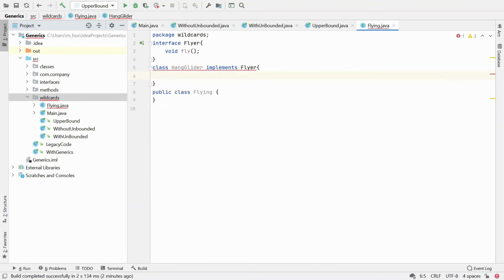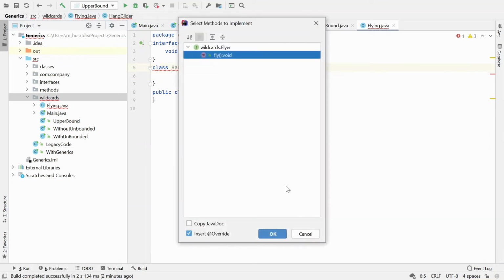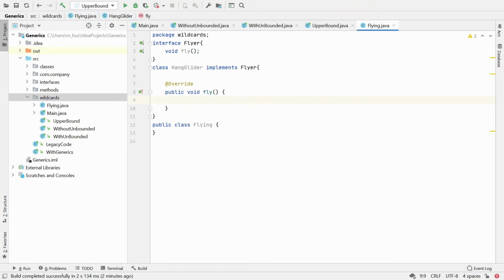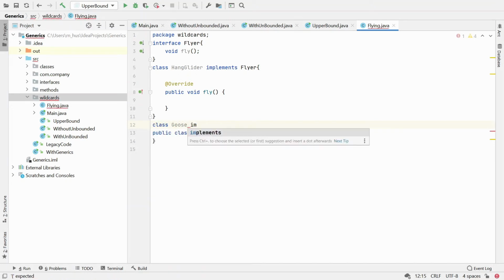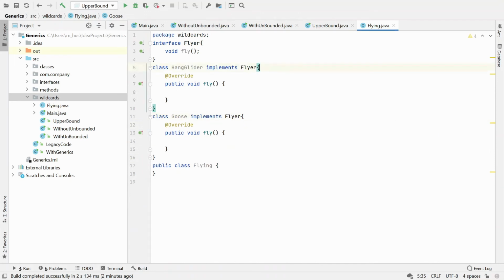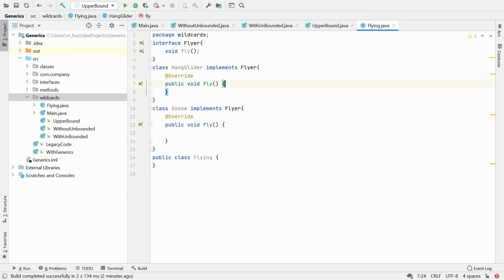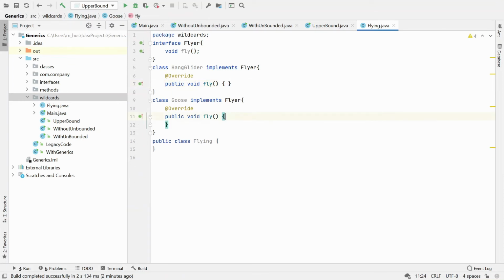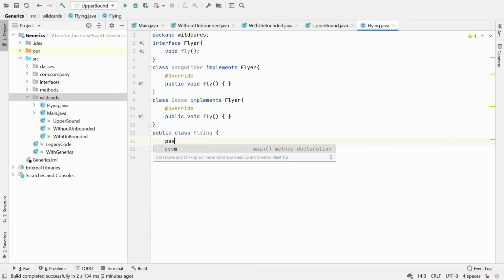and I implement the method. I have another class Goose that implements Flyer, let's implement it too. And let's make our main method,